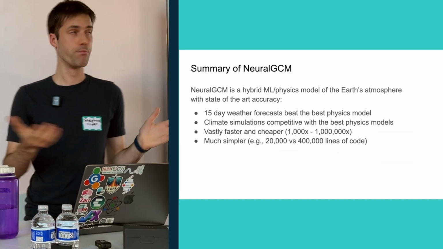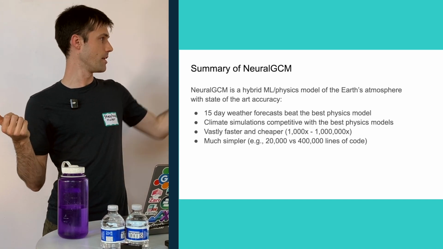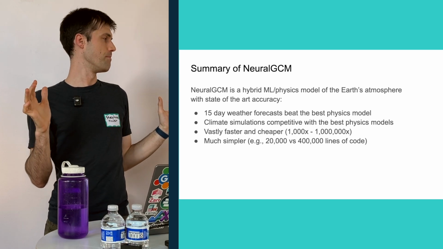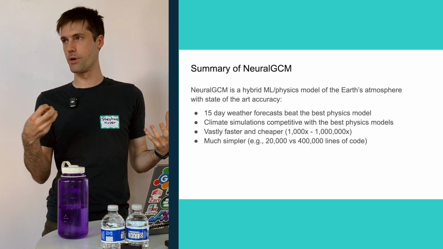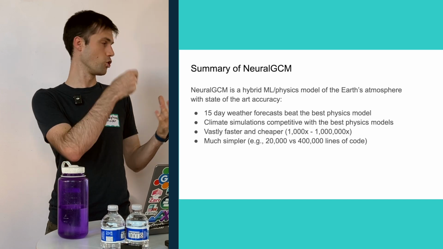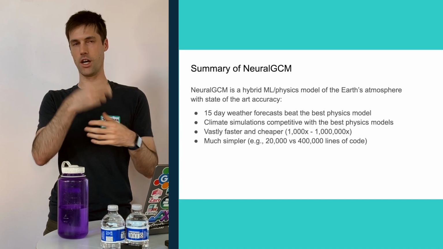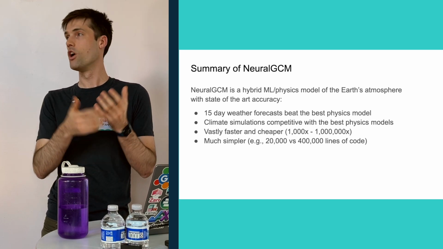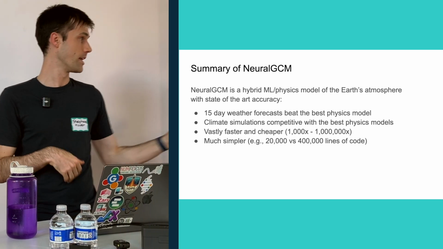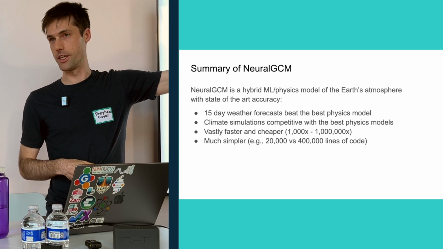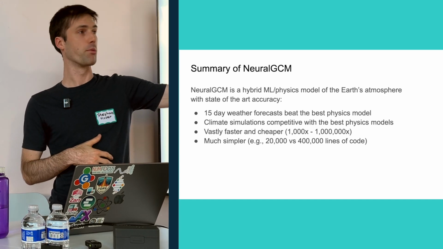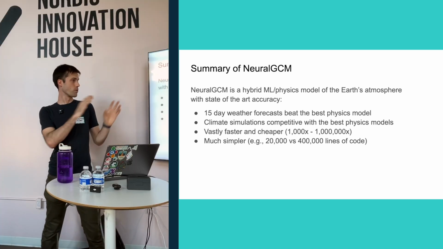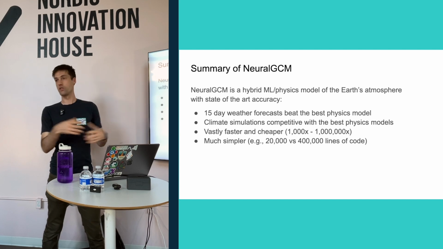Okay, so that's most of my slides. I'm happy to answer questions. But again, in summary, what we did here is a model that makes very good 15-day weather forecasts. Particularly, it beats the best physics-based models for this task of probabilistic global weather forecasting, which is the main source of weather forecasts, like the models you get on your phone. If you see a weather forecast, you're looking at the European weather forecast, which is the model we compare against. And we are also able to make really competitive climate simulations of the Earth's atmosphere.